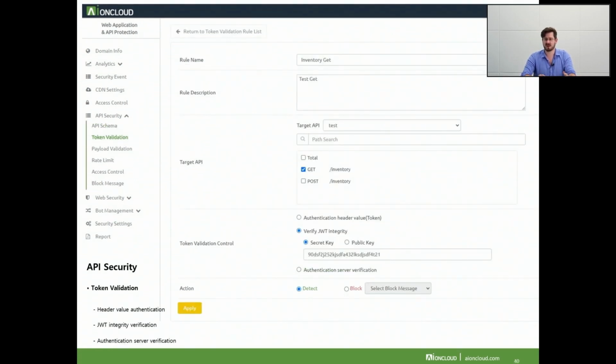Another way in which IonCloud's WAP is able to protect against API threats is by focusing on tokens. IonCloud's token validation can stop hackers from unauthorized access through header value authentication, JWT integrity verification, and authentication server verification. You can see an example here showing JWT integrity verification. While JWTs are widely used for authentication because they are lightweight and easy to use, if hackers are able to steal the token,